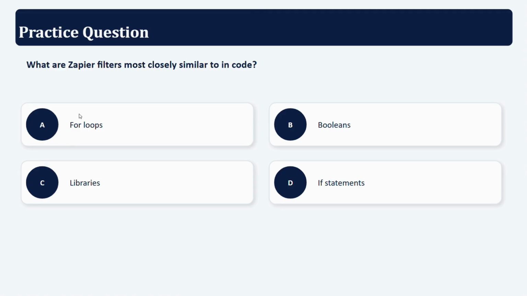Now, which Zapier filters are most closely similar to code? For loops, libraries, booleans, or if statements? I'll give you a few seconds to answer. The answer is D, if statements, because filters and if statements work the same way. It selects certain conditions out of a subset of